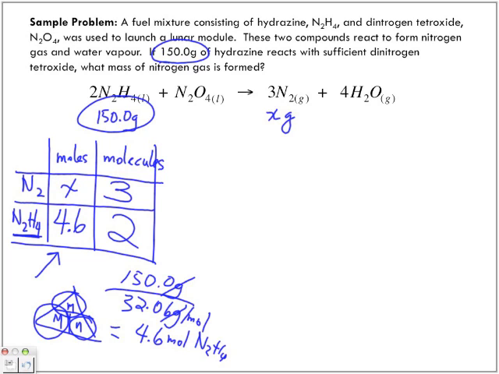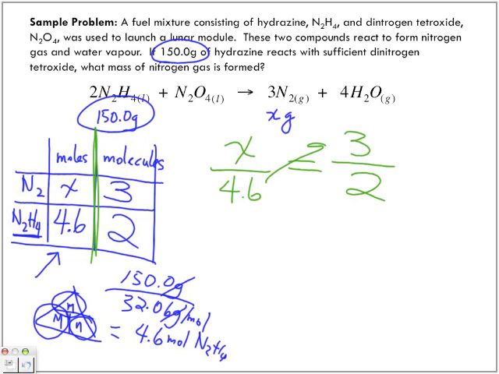So, same thing as we said. We separate these two with our equal sign, and we have X over 4.6 equals 3 over 2. We want to isolate for X, so we're just going to bring the 4.6 over. So we get the following. X, and this is going to be X moles of nitrogen is equal to 4.6 moles of hydrazine